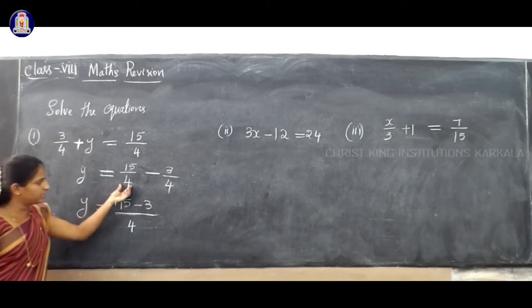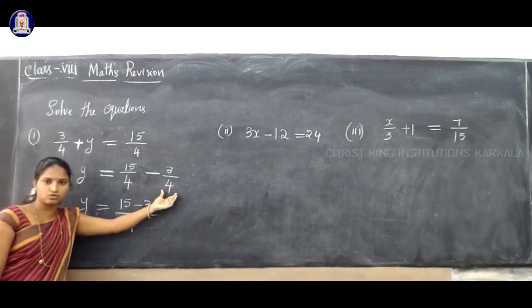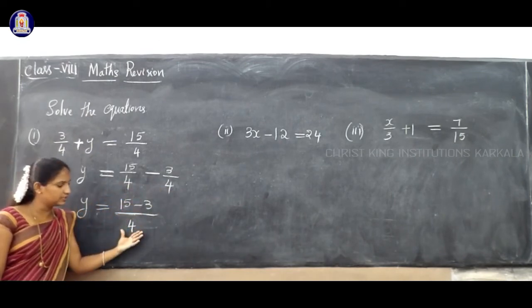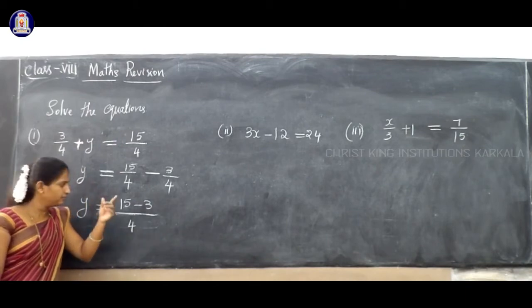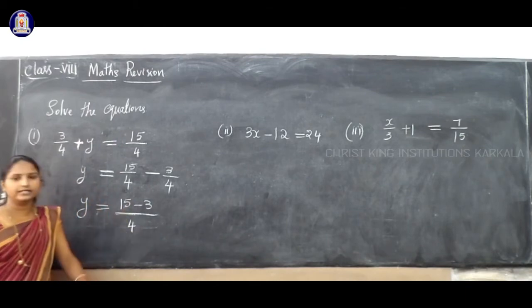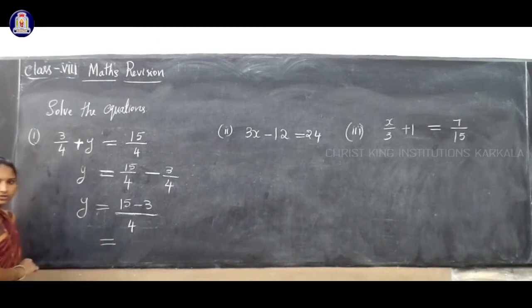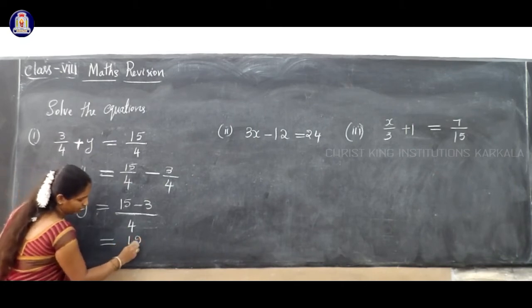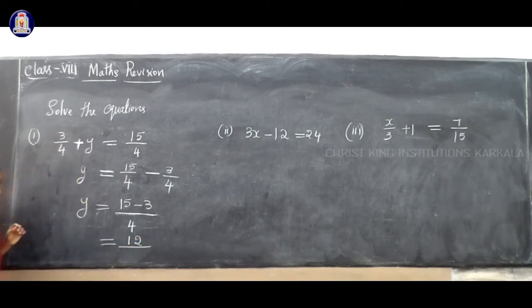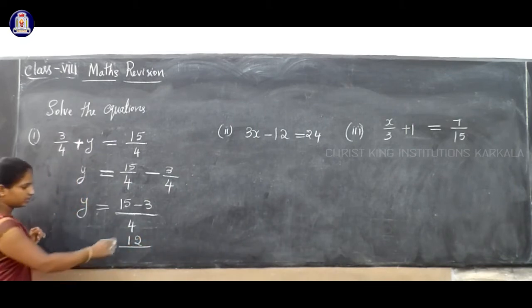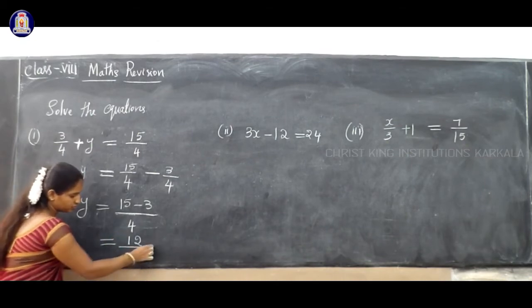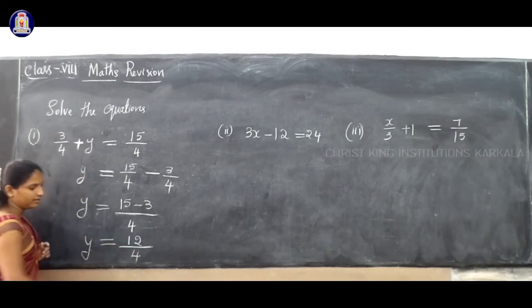Clear? So denominator, here also 4, this also 4. So same denominator, so write one time. Clear? So 4 in the denominator, and in the numerator the terms are 15 minus 3. So now we can subtract 15 minus 3, we get 12. Is it correct? Yes. So 15 minus 3 is 12. So in the denominator the term is 4. So write the answer 12/4.